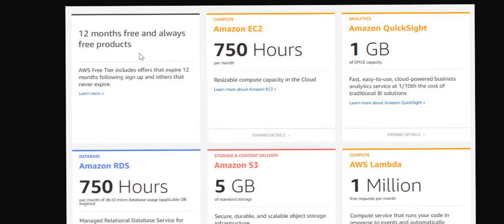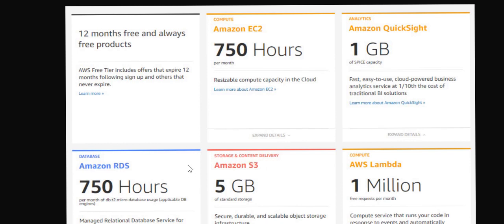Okay, coming to free tier limit, you can always use it for free for 12 months, which is nothing but 1 year, and they are giving 750 hours per month. EC2 is nothing but virtual machines, and RDS is nothing but database.